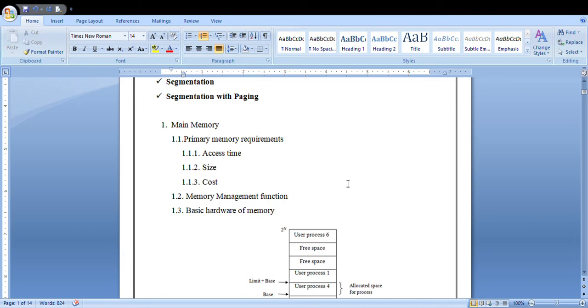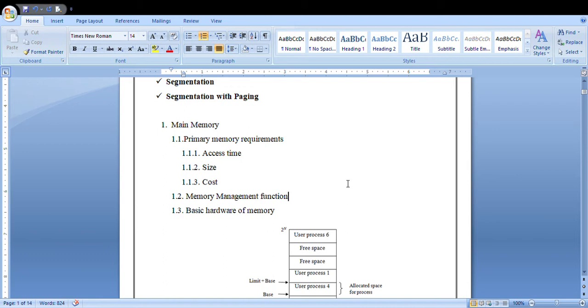Next is memory management functions. What are all the features or responsibilities of your memory management? You already learned in the first module about memory management, process management and all. What are the basic functions of your memory management? The first one is to allocate the primary memory space to the processes. For each and every process, you have to allocate the primary memory. And next is minimize the access time, because the access time should always be fast. Next point is determining the allocation policy for the memory.